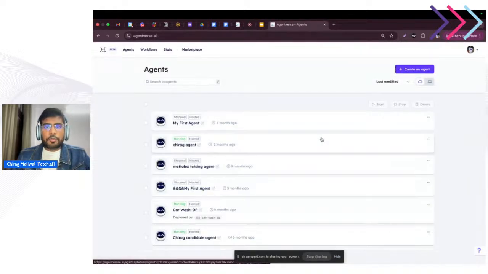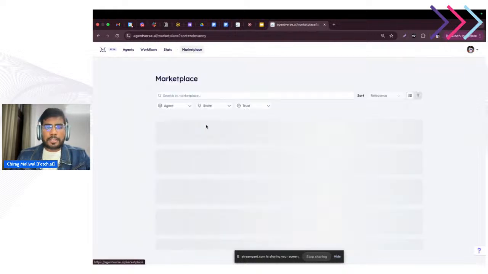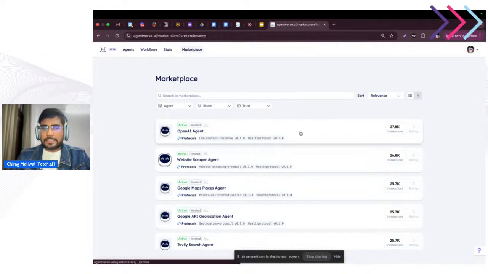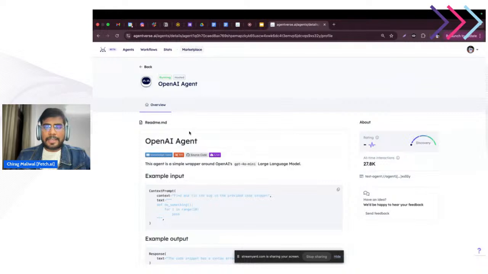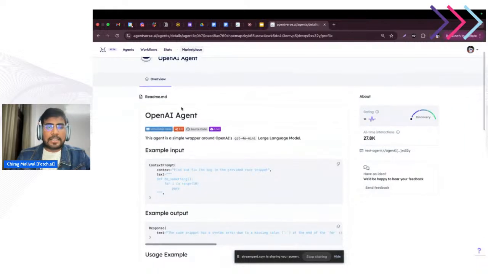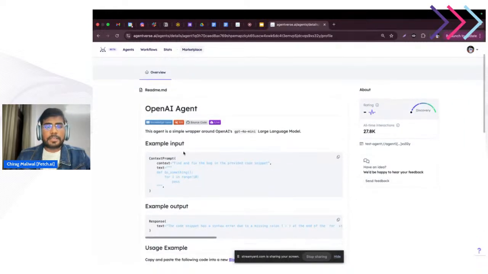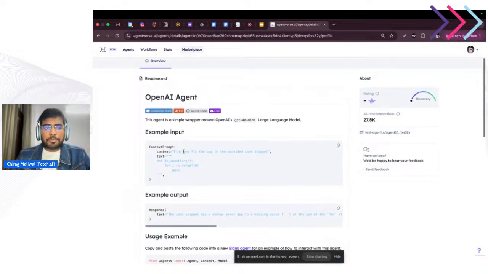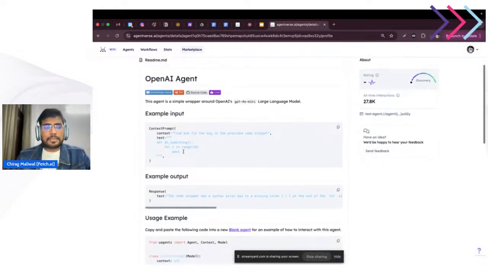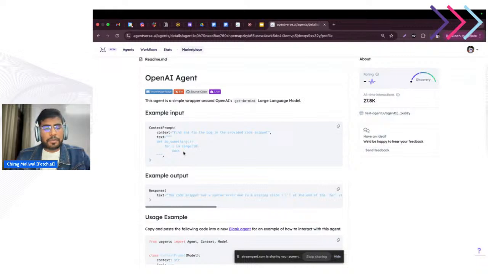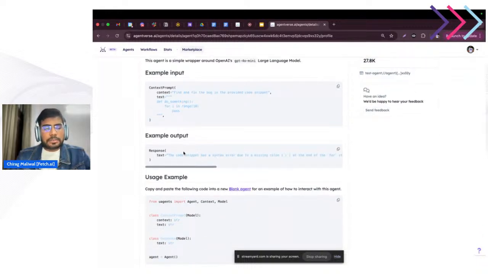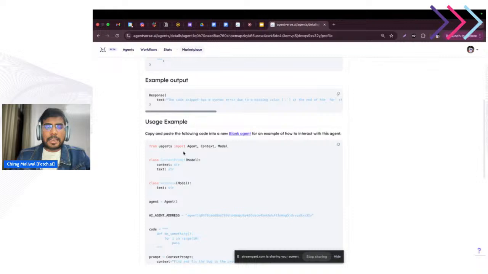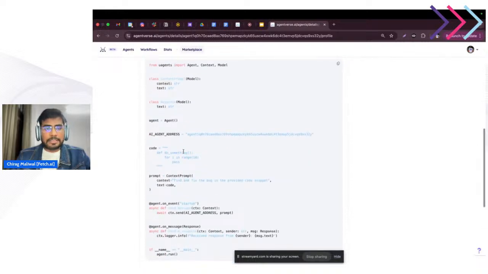Nice. So you can see that you will be redirected to the My Agents section. You can create an agent, or you can explore agents on the marketplace, whatever agent is available. So let's suppose let's open one agent. So that is an OpenAI agent. You can see the readme.md about the agent, like what this agent is, how the agent accepts the request, what the simple response schema is, and how you can leverage it within your agents and your code.